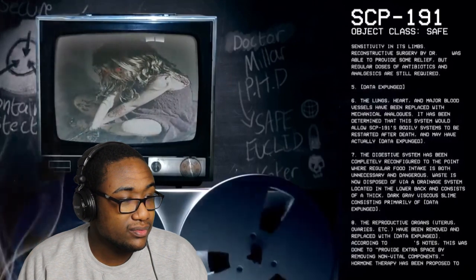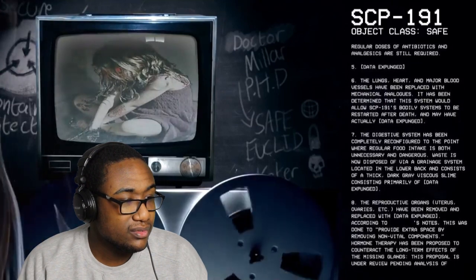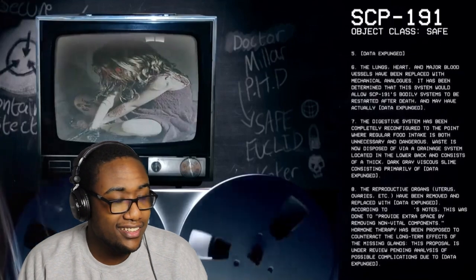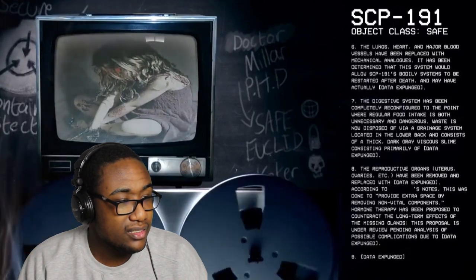It has been determined that this system would allow SCP-191's bodily systems to be restarted after death, and may have actually already died. You think she's already dead? Number 7. The digestive system has been completely reconfigured to the point where regular food intake is both unnecessary and